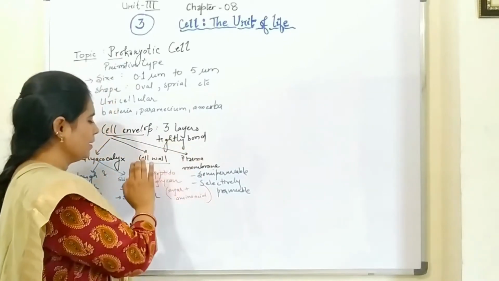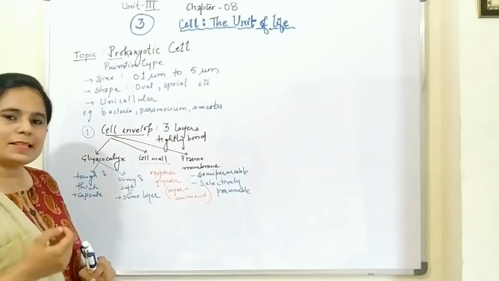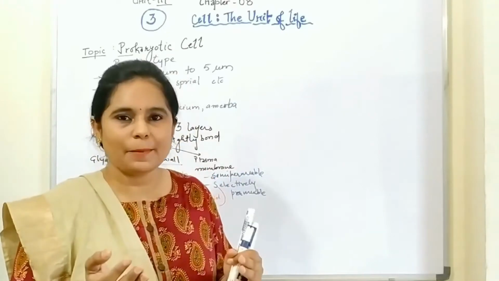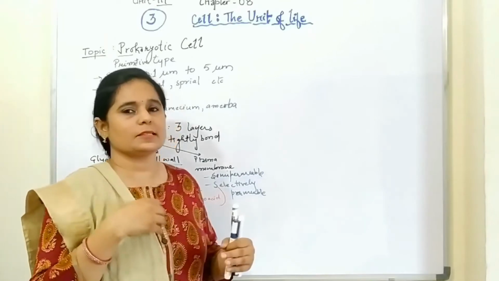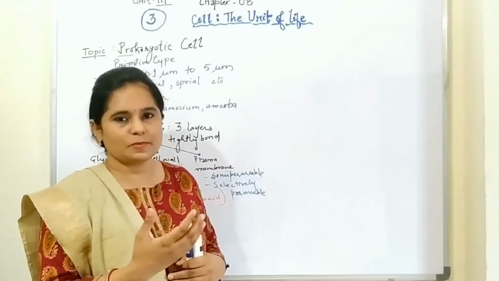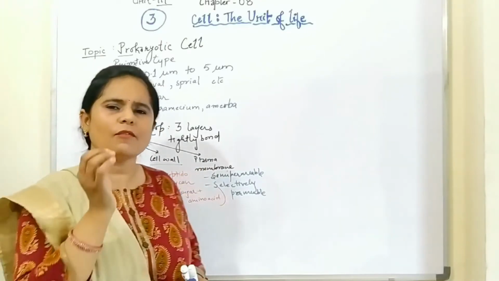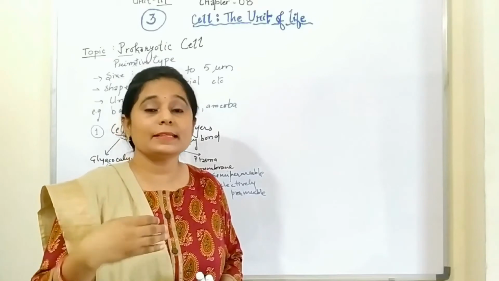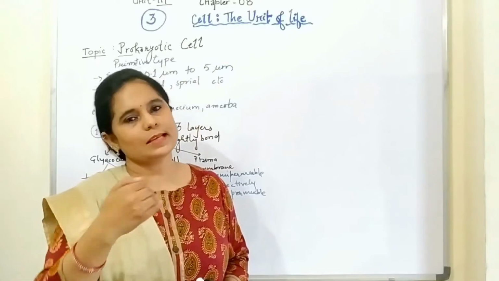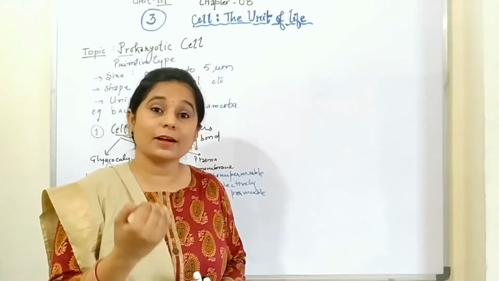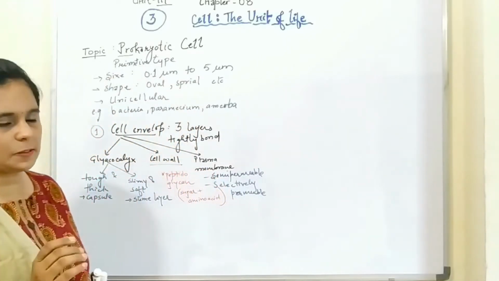Fine. And now if we talk about the function, the cell wall gives high protection, gives the cell its shape, and helps in easy transportation of water soluble substances and water insoluble substances. And then if we talk about the plasma membrane, it is selectively permeable and semi-permeable. Because of this it will let only some substances enter the cell and leave the cell. So the plasma membrane is a control point of transportation.